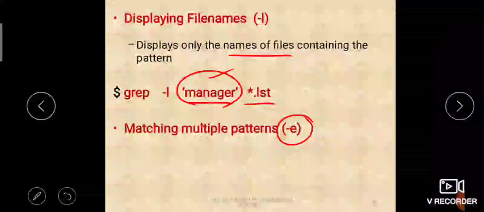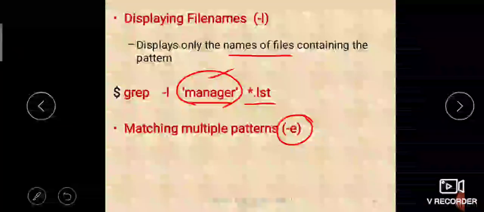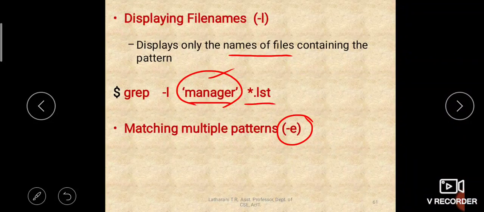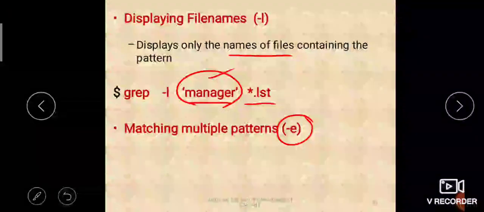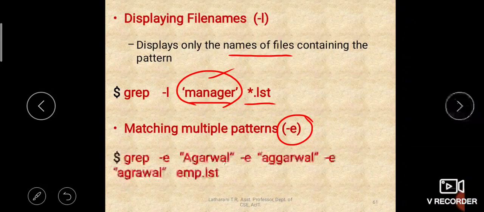See, all these options, this is a very, very important question paper question: grep. Whenever a question comes of grep, you have to write why it is used, what it will perform, then the syntax and all these different types of examples, their options, everything you need to write, and examples for options and explanation. Simply if you write examples, it is not sufficient. You have to write example, their output, and also explanation why this output is coming for this example, that also you have to mention. Okay, so now matching multiple patterns will be written like this.